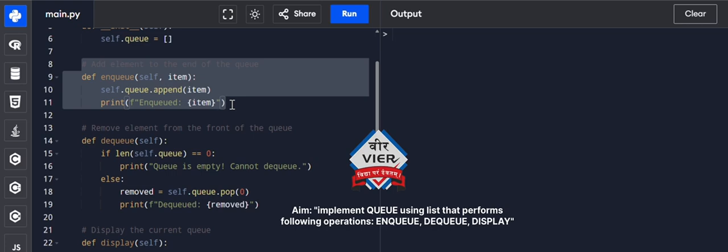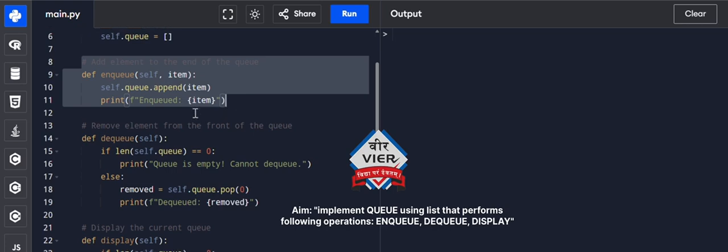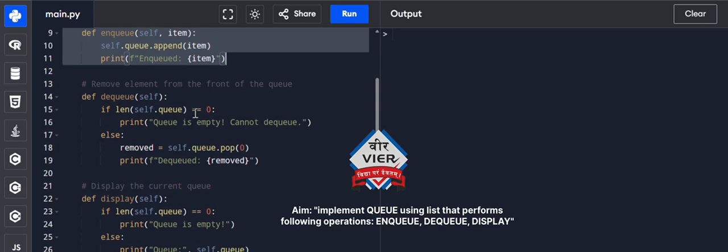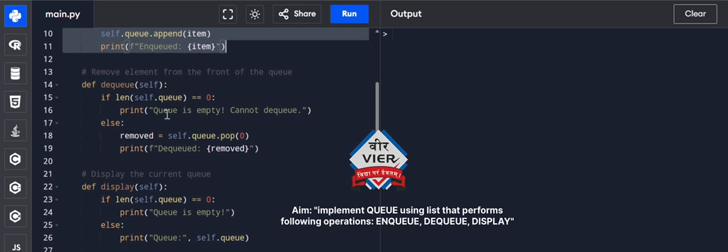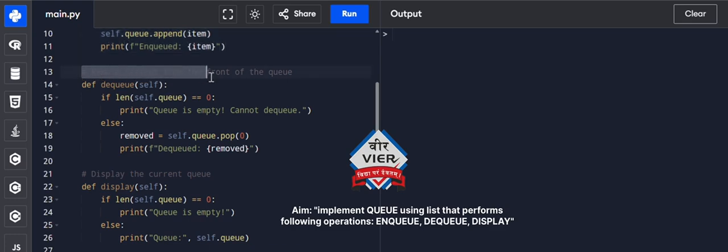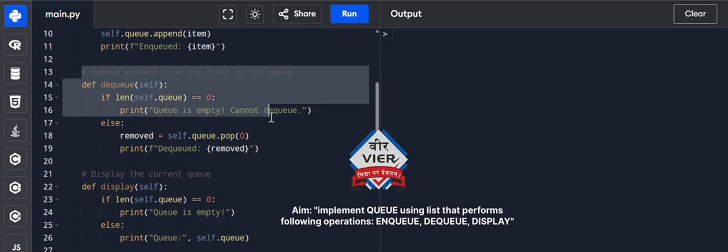2. Enqueue, adding to the rear. The enqueue operation adds an item to the end, rear, of the queue. Code line: def enqueue(self, item). The enqueue method accepts the item to be added. self.queue.append(item) is the implementation. We use the list's append method. Append is highly efficient in Python because it always adds to the end of the list, which serves as our rear, tail, of the queue.